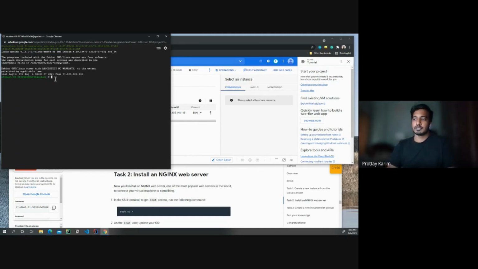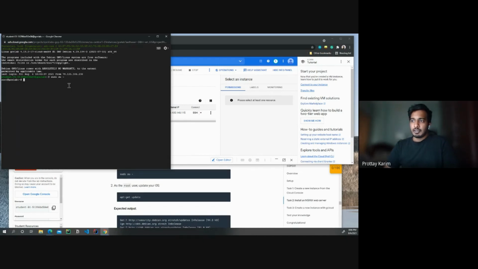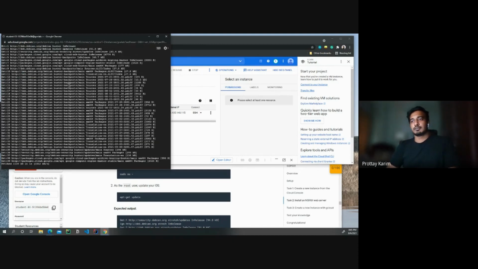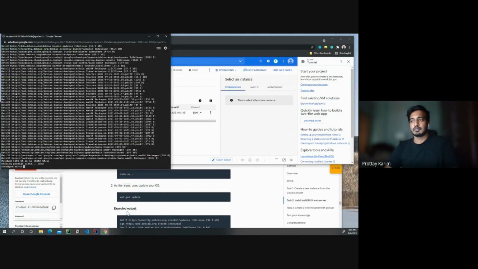Let's try this out again. We just got root access, and now we use update to update the OS of the cloud system that we're running,